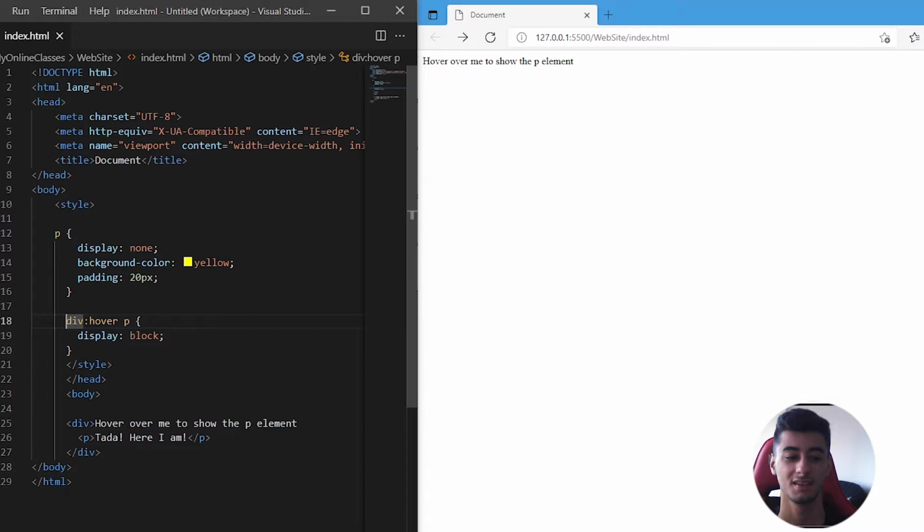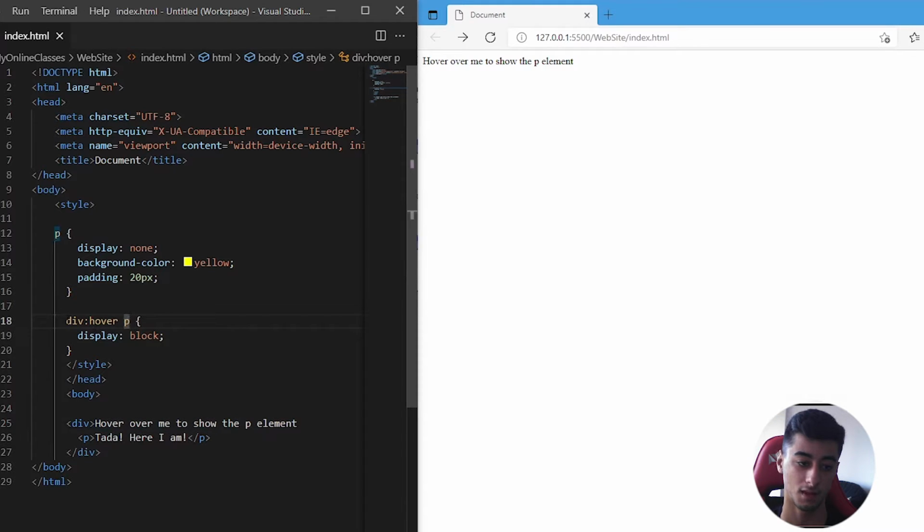So let's go. In the style, let's understand this. The display of the P will start as none because we have a div with some text, hover over me to show the P element. Then the background color we cannot see because the P is not shown, and the padding of 20 pixels doesn't matter yet because we are only in the div. The only text shown is the div. But then the div:hover p, what does that mean? On div